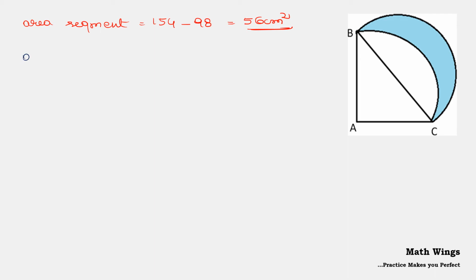Now what else do we need here to find the area of the shaded region? I need the area of the semicircle having the diameter BC. Semicircle with diameter BC. Now, if I know the diameter, I can find the radius for the second circle.